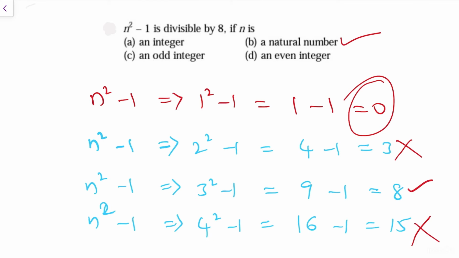So now from this, is there any chance to decide something? Let us check. In the place of n, first I substituted 1. Then in the place of n, I substituted 3. 1, 3 only are possible. If I continue still, definitely I will get 5, 7, 9 like that also. So I can say that n square minus 1 is divisible by 8 if n is an odd positive integer. So odd integer, option C is the correct option.